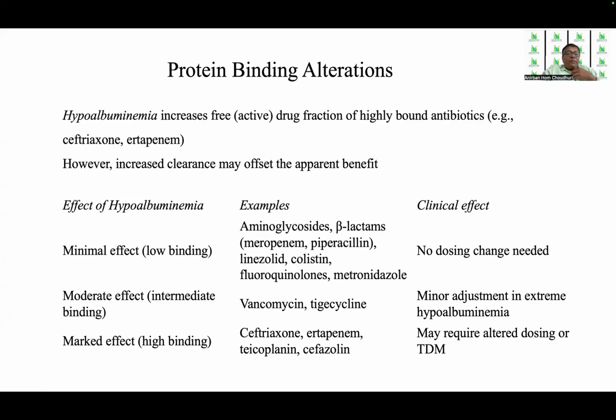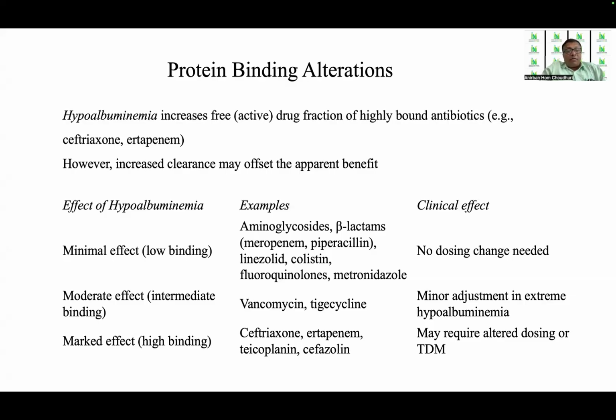Examples with minimal or low binding include aminoglycosides, beta-lactams, etc. Moderate binding includes vancomycin, tigecycline, etc. And marked or high binding is seen with drugs like ceftriaxone, ertapenem, teicoplanin, cefazolin, etc. So for those drugs which are low bound to proteins, in hypoalbuminemia there are no dosing changes